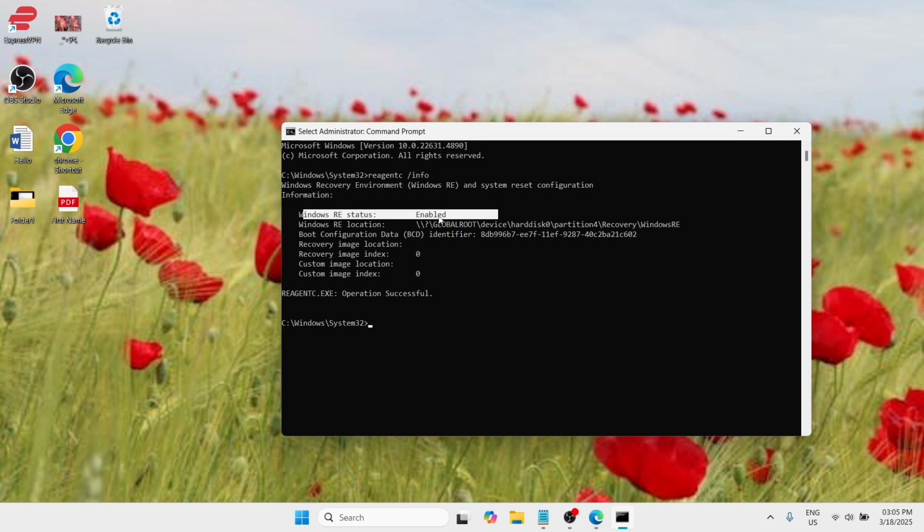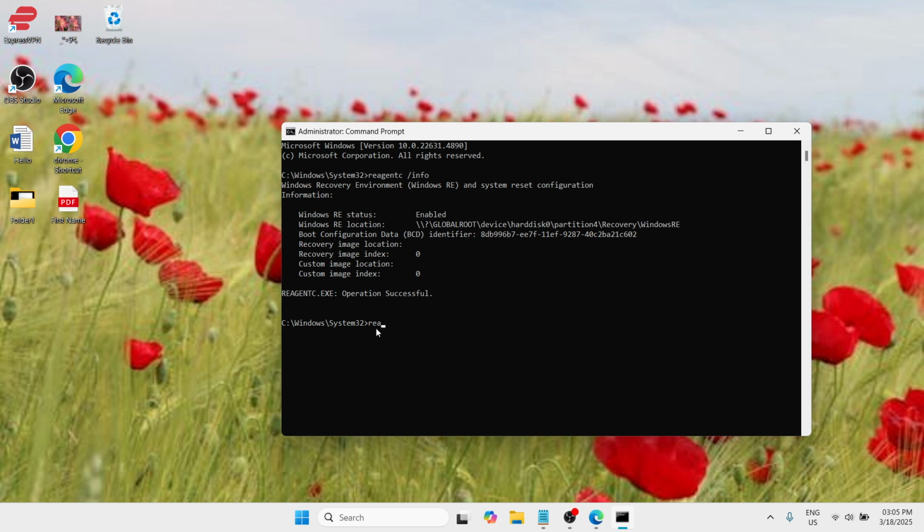So how you can fix your advanced options which is missing, how to enable such. In my case it is being enabled, that's why I'm getting the advanced options. It's not missing in my Windows, but in your case it will state here disabled. That's why you're not getting the advanced options. To be clarified, in order to enable such, in my case this is already being enabled,